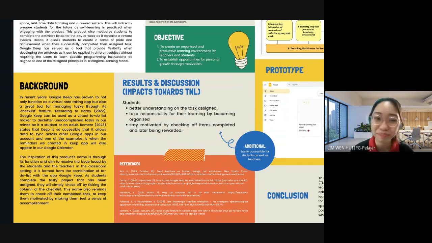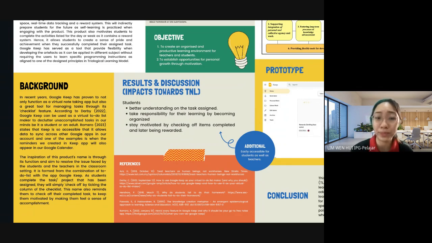The inspiration for this product's name comes from its function and its aim to resolve the issue faced by the students and the teachers in the classroom setting. So Checkoff is formed from the combination of to-do list and the app Google Keep.